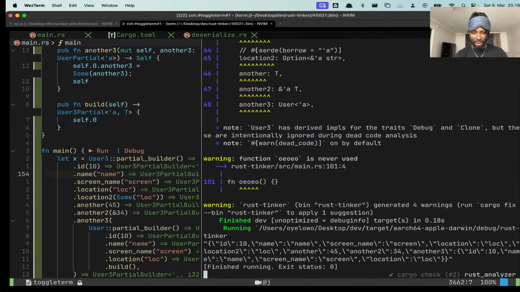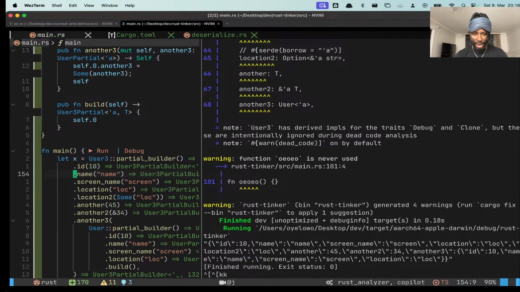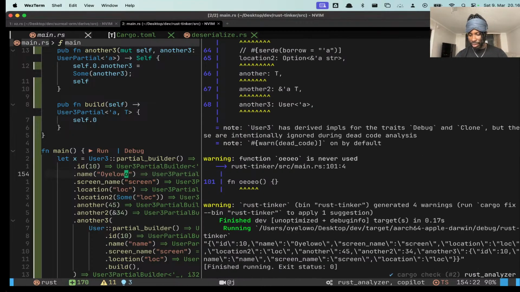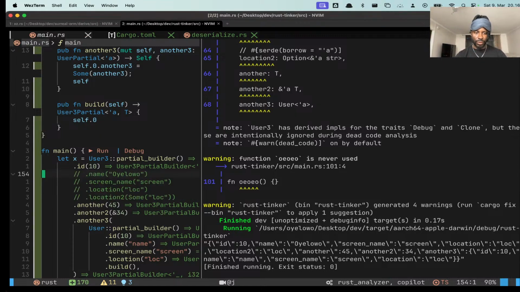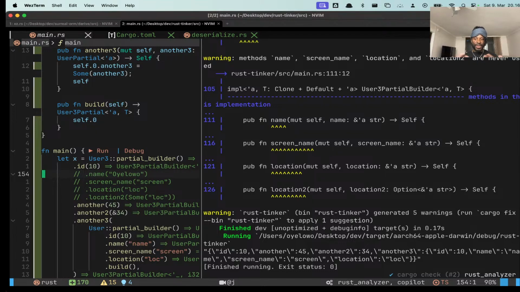As you can see now, name is included here. Let's change that to my beautiful name, just so you can see. As you can see, name is included. We can exclude as many fields as we want. So the benefit of this is that